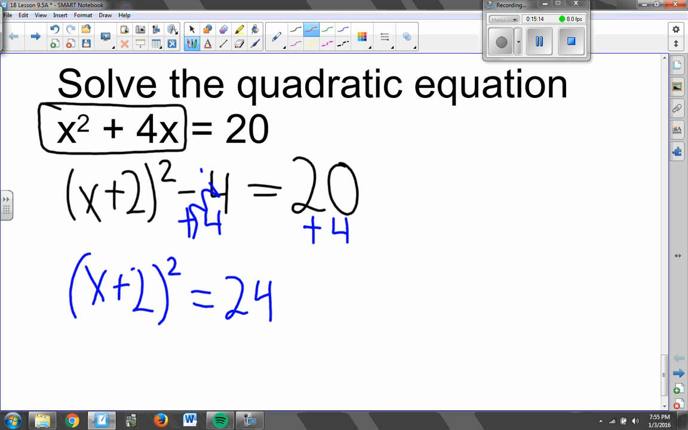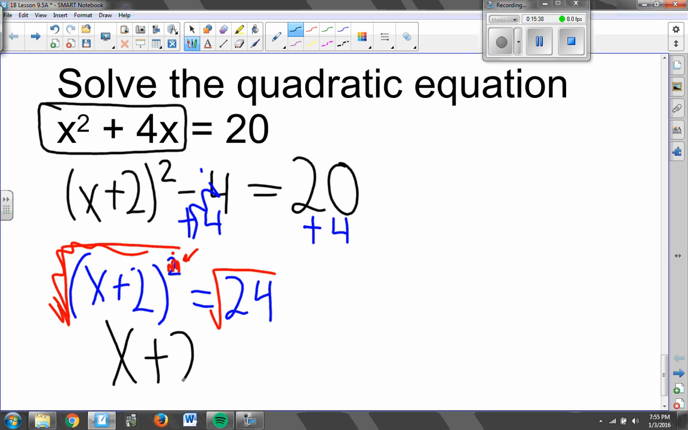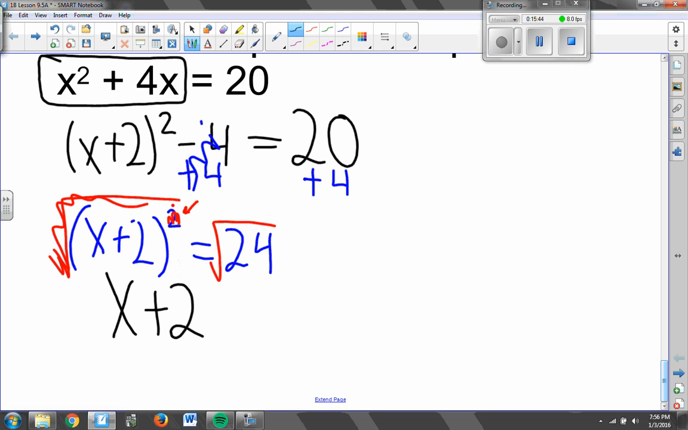The next thing that I want to do is get rid of this squared exponent right here. I want to get rid of something squared, so I'm going to do the opposite of squaring something, which is to square root it. I'm going to square root both sides of this equation. That's going to go away. That's also going to go away. What's underneath is going to stay the same. So it's going to say x plus 2 down there. And then the square root of 24, if we use our calculator for that, square root of 24 is equal to